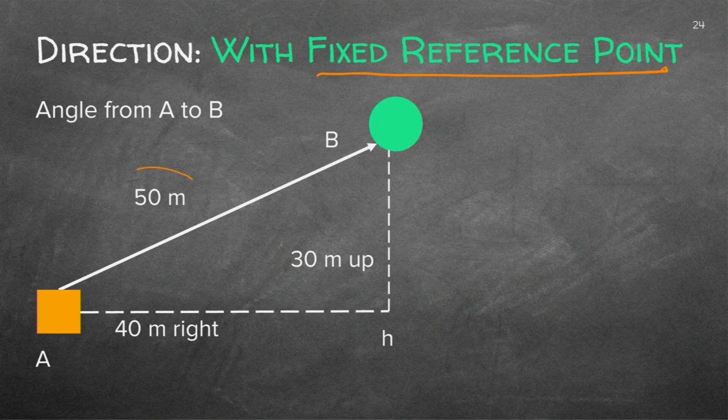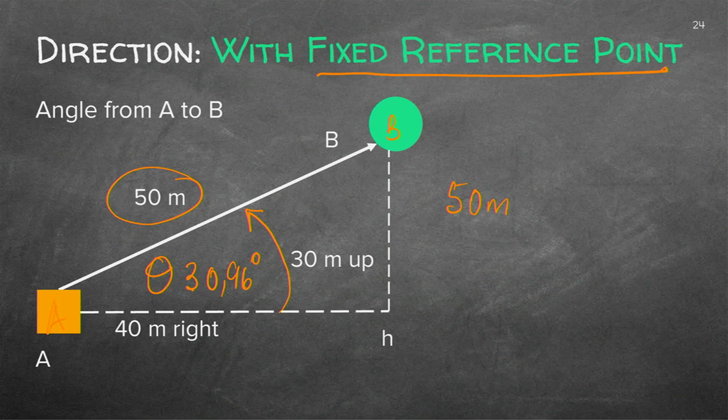I will say this is 50 meters from A to B. It's 50 meters, and the angle, well, you can say it is 36.96 degrees, either to the north from the east, or you can just indicate with your diagram that your angle is 36.96 degrees. Be careful that you remember this is a vector. You need the direction in there.